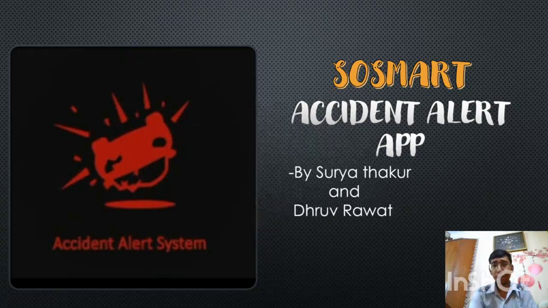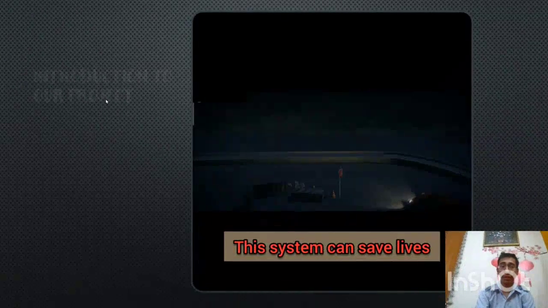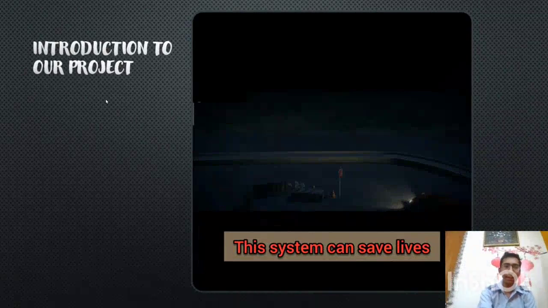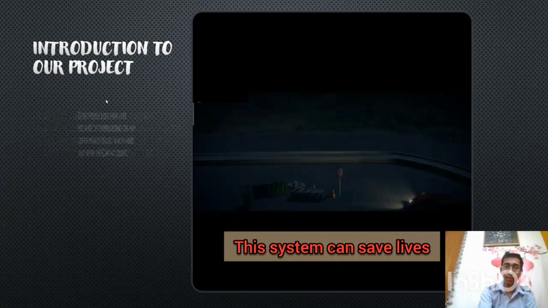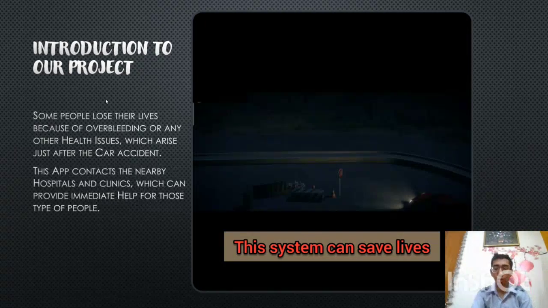Now coming to the introduction of our project. I would be sharing a basic idea of this project and the further explanation will be given by Surya. Some people die not because of an accident but because of late healthcare facilities. So our project would be targeting these problems and will be contacting nearby police stations, hospitals, blood banks, etc. just after the accident. So to explain this basic idea further, I would like to show you a video